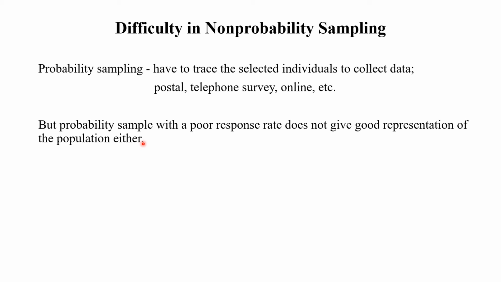So even though with probability sampling the results are generalizable, there are still weaknesses within the system and also in the response, right? So there's no one technique that's perfect, but you want to make it as representative as possible. Okay? Now, non-probability sampling. When you use this,